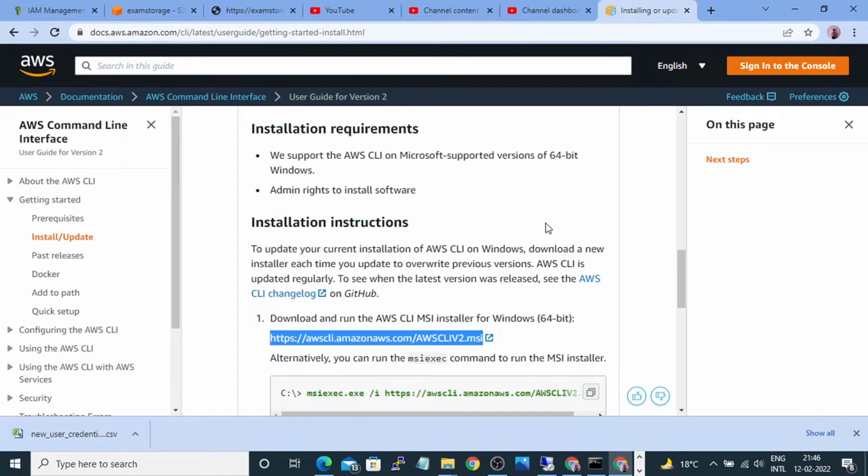First, we are going to install AWS CLI on a Windows machine. For that, you need to open docs.aws.amazon.com CLI latest user guide getting started install.html. Once you open this